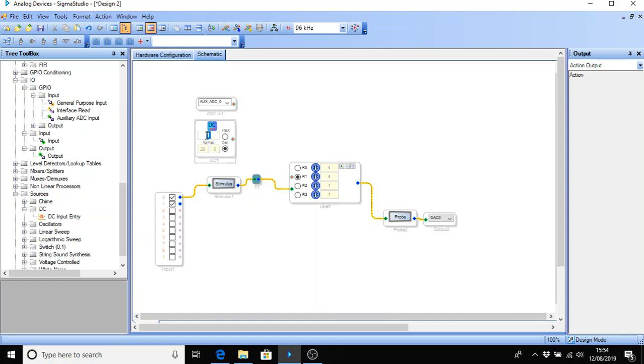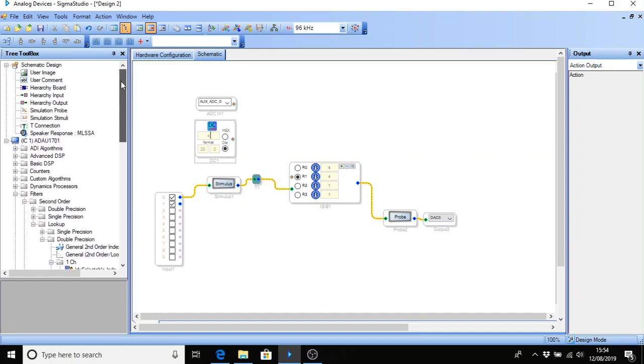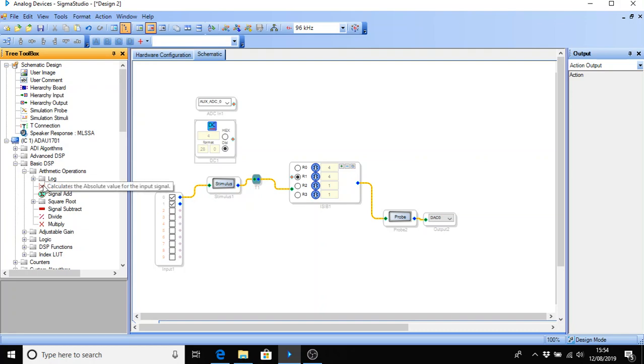We have 4 stages, so I'm going to put the number 4 in there, and I'm going to multiply these two together using a multiplication tool in the basic DSP. Connect that to that, and connect that to that, and connect that to the filter. Okay, so I haven't programmed these filters,